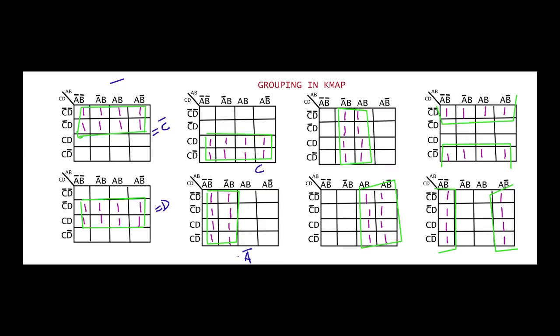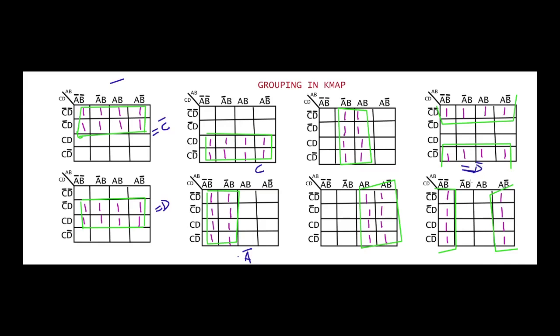So for this, just check with this row and this row. Anyhow, for 4 columns you can't have a common term. So you have 2 rows here. From 2 rows you can have one literal as common, that is nothing but C bar D bar. Here you have C D bar. So the solution for this will be